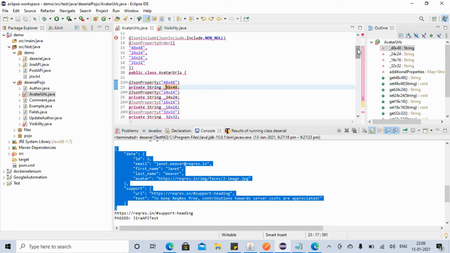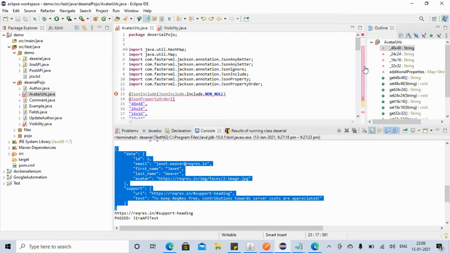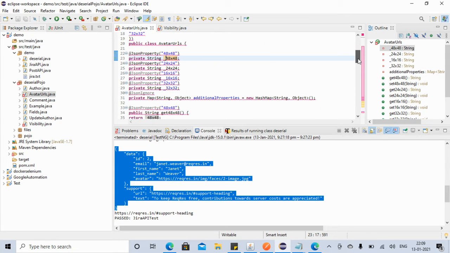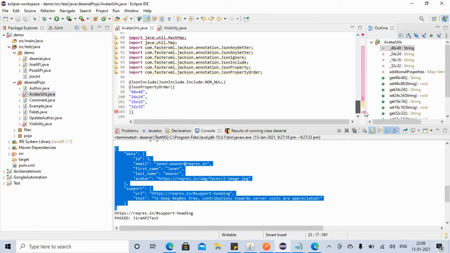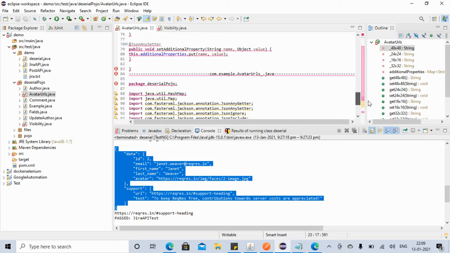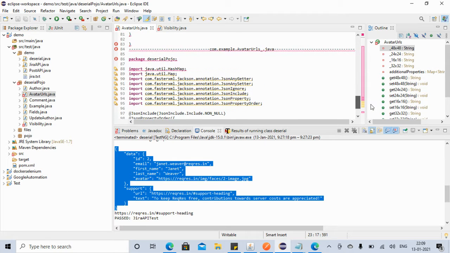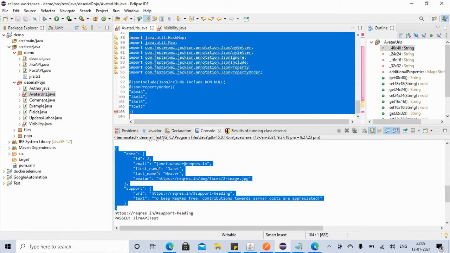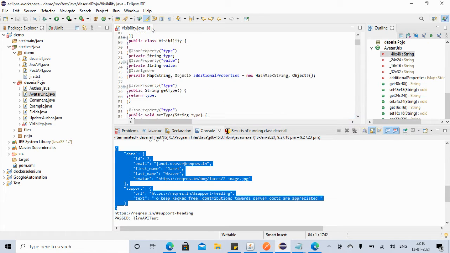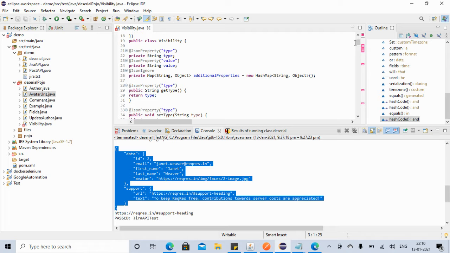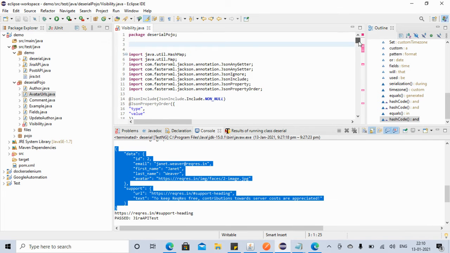Then the visibility class. What is the problem with the visibility class? Okay, so let's solve these. Okay, friends. See here, why do we have this also? What is this class? I think we can remove this part from here. So now this is correct. This is also fine. This was the problem here. Okay. And then what is the issue here? Let's see in the visibility class.